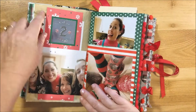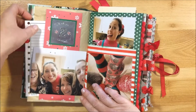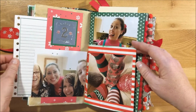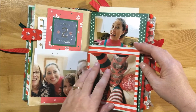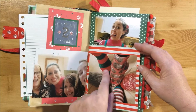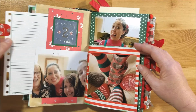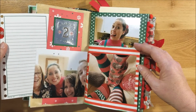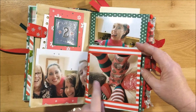The next page, on day 2, I had a mom's party. Some of my friends from when my daughter was on dance team, and we did a crazy sock Christmas party. So we all brought Christmas socks and filled them with goodies and did a Christmas exchange. I made this a belly band and attached some little paper, it's like a planner paper, to do journaling there. There's our socks,